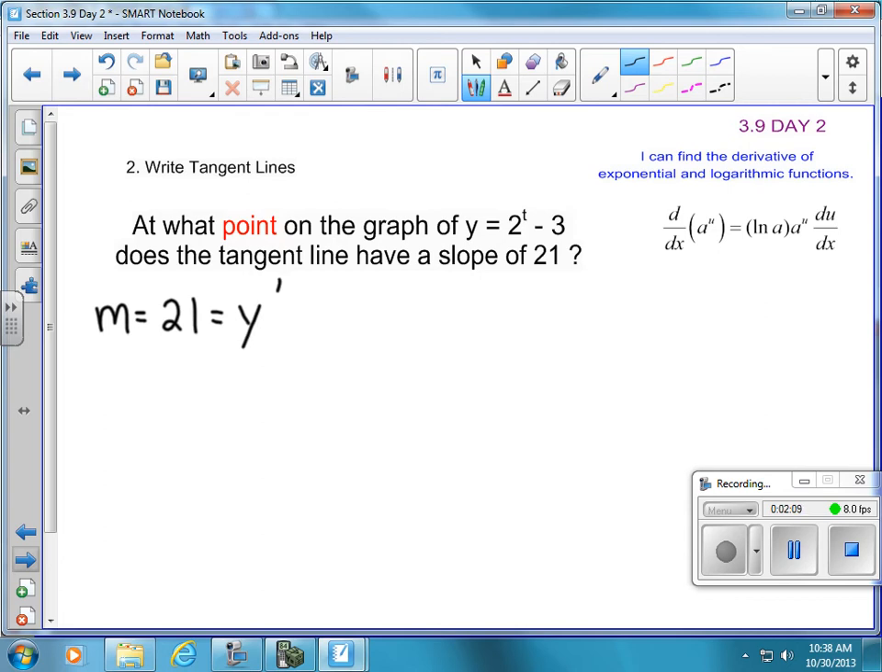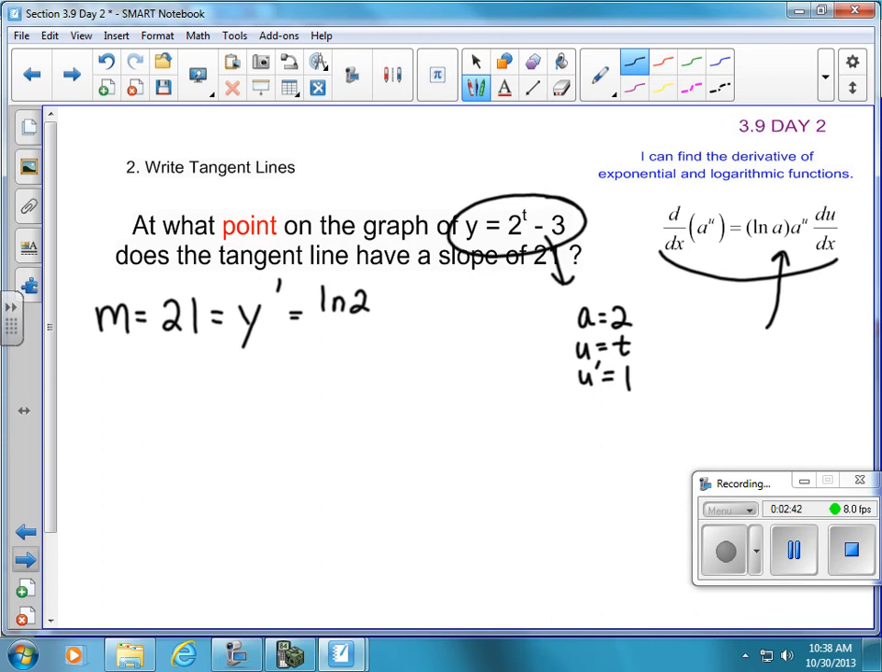So we're going to use our trusty exponential formula here on our function y equals 2 to the t minus 3. Now I know the derivative of negative 3 is 0, so I've got that one covered. So let's check on this 2 to the t. We have our a value is 2, our u value is t, and therefore our u prime is 1. You gotta love this too. Okay, so just plug in this formula. The derivative of y equals ln of 2